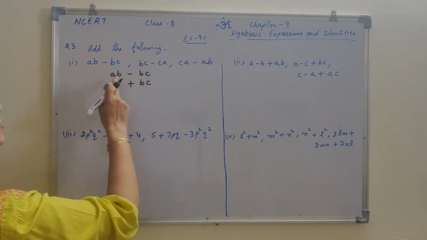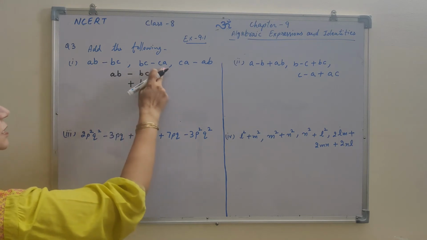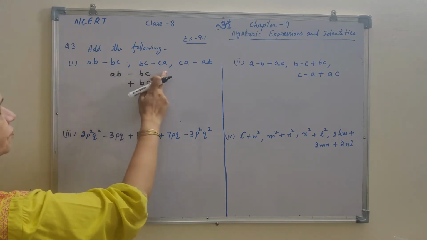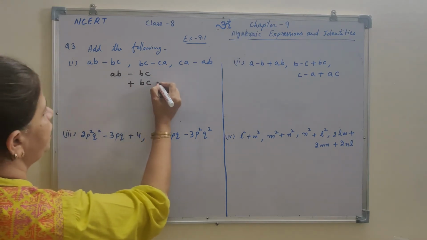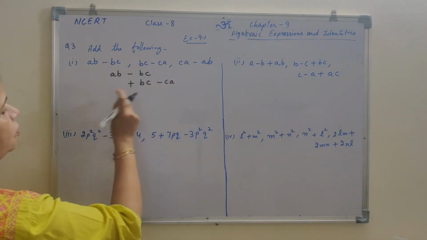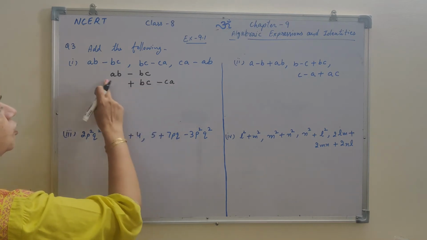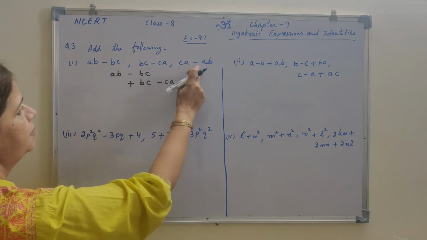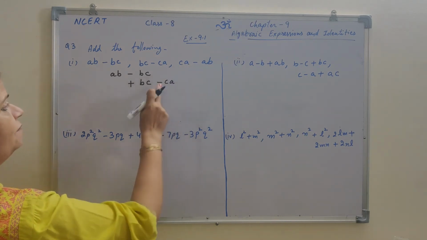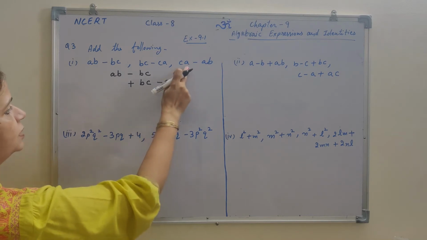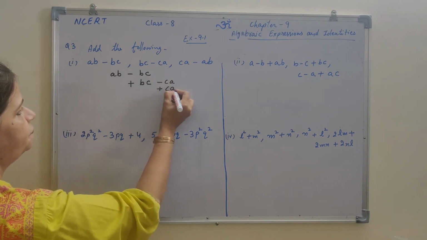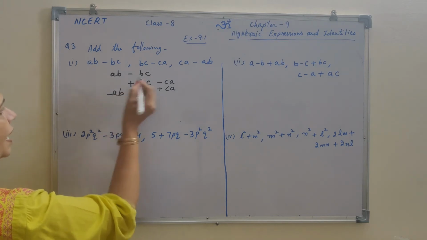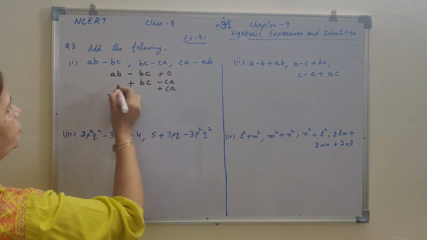This is CA, it is not the same as AB, and there is no variable like CA in the first expression, so we will write this separately, not below this AB, because they are not the same. Okay. The third expression is CA minus AB. CA we already have, so this will come below this CA, and minus AB we already have, it will come below AB. At the remaining places, if you want, you can put 0.